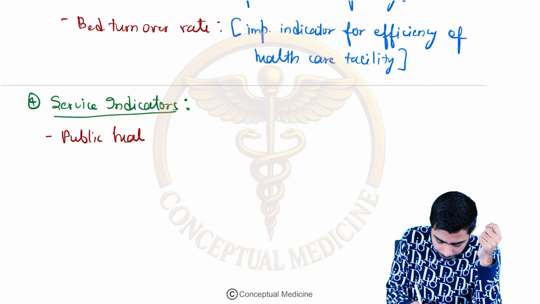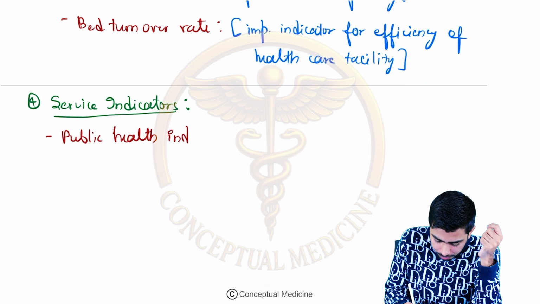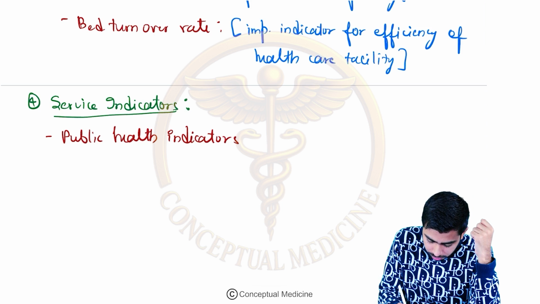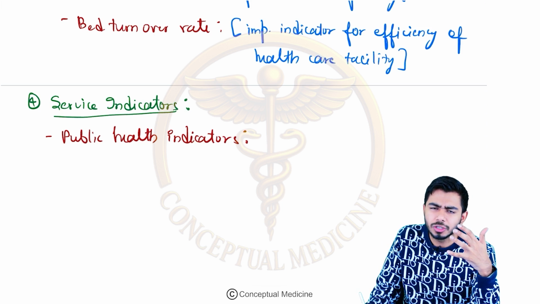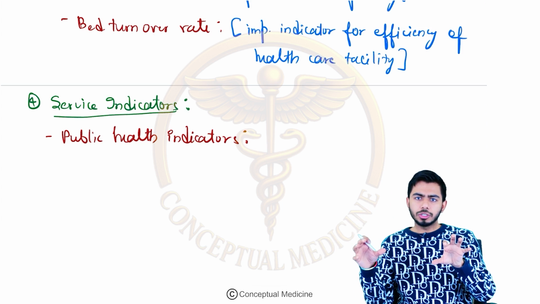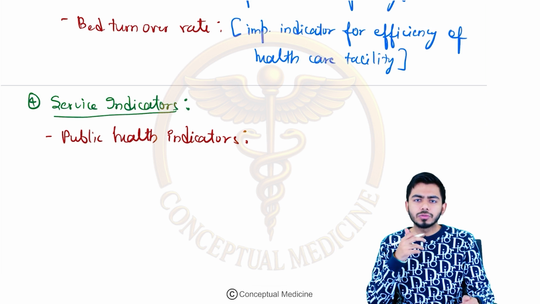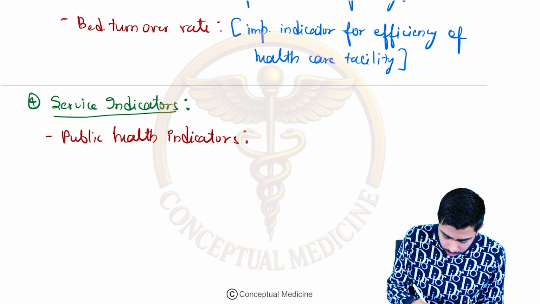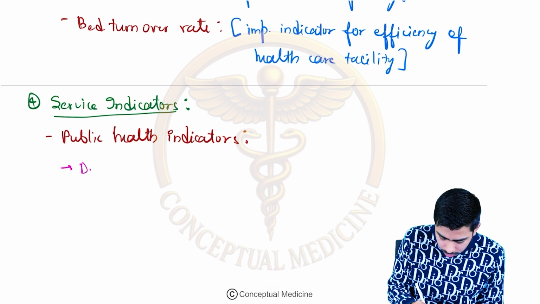Public health indicator, right? Public health indicators. In this one we shall talk about the ratio between doctor and population, doctor and nurse ratio, right? So these kind of ratios we are talking about. So I shall write over here, for example, doctor nurse ratio,